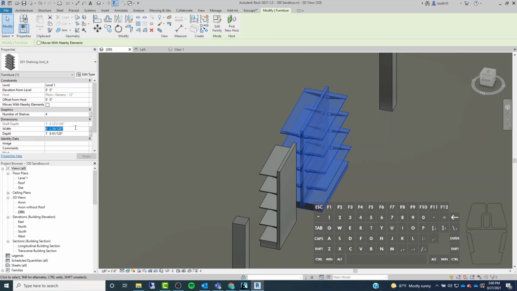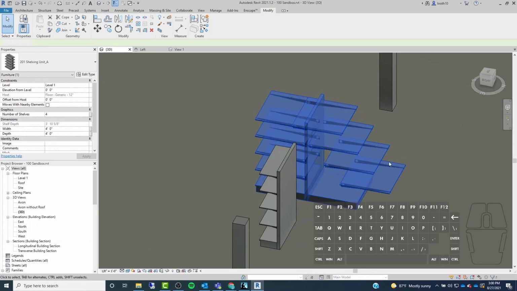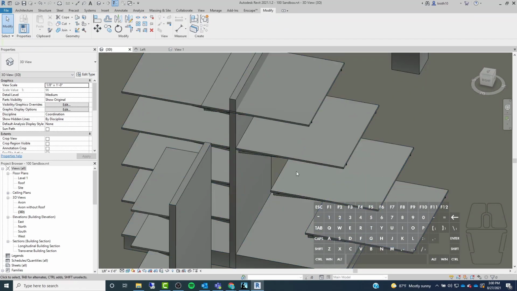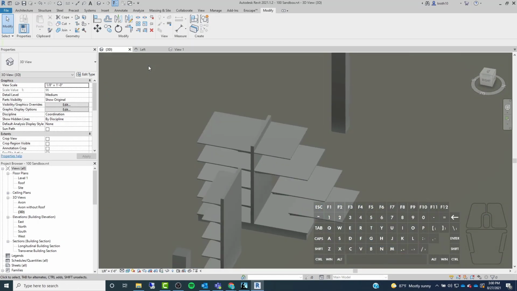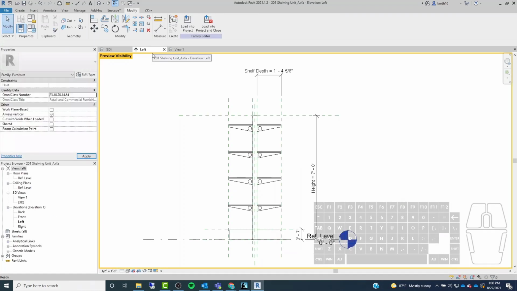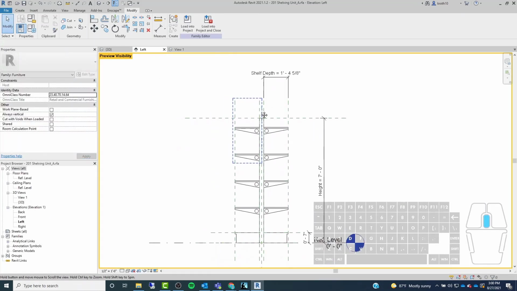So let's try 4 feet maybe. Okay, so that's good. Depth, let's try 4 feet as well. Okay, so that's what I thought. So we're gonna have to fix that. All right. So to fix this,